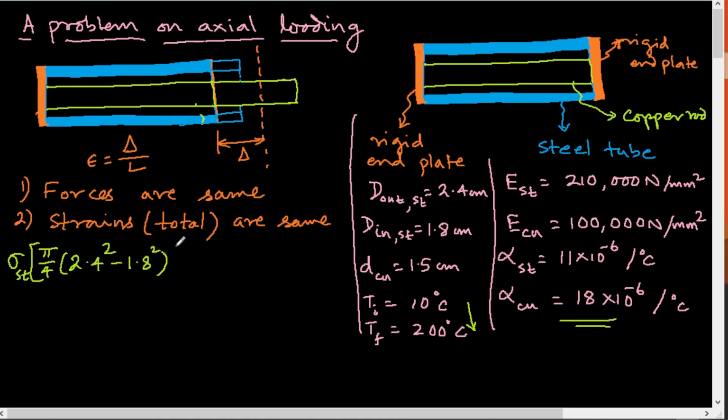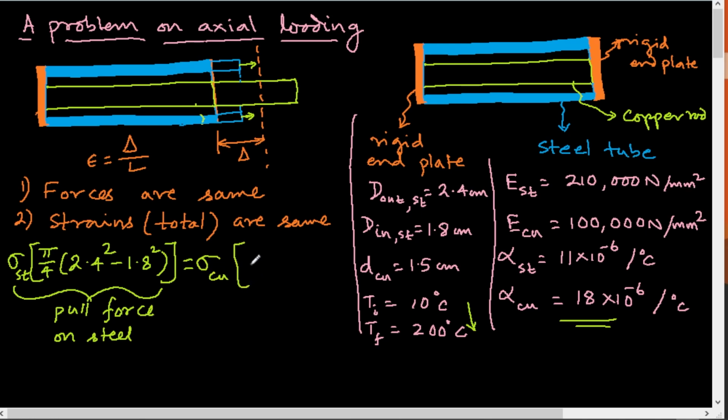So this is the force that exists, and this is a pull force on steel. This is the pull that is coming from this end plate on that steel tube. It is pulling, right? And so that should be equal to the sigma of copper times its area, which is